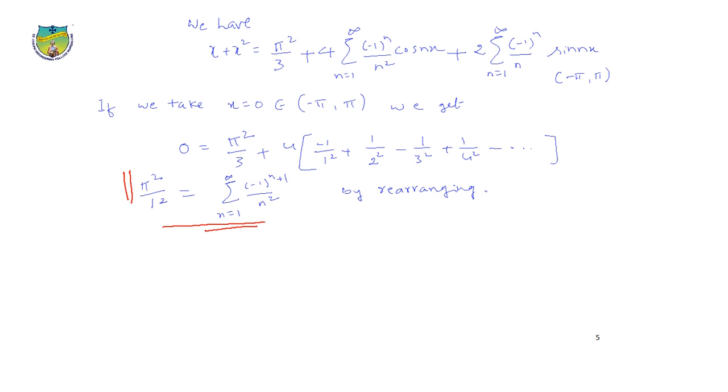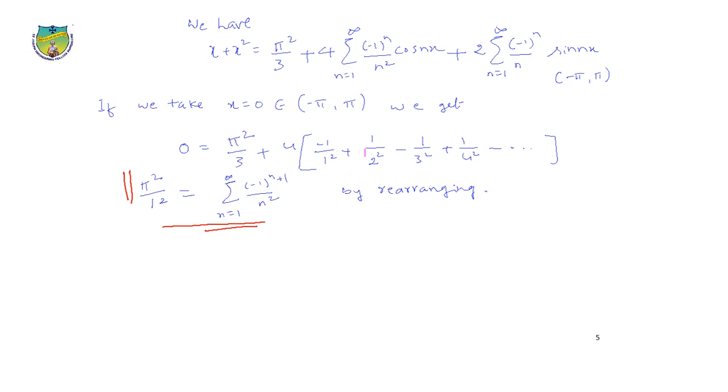For that, we have to substitute some value for x, and that value should be in the interval minus pi and pi. We can easily see that 0 is a point between minus pi and pi. So if you take 0 on either side of this equation, we get left hand side is 0 plus 0 square, pi square by 3, 4 times (-1)^n, cos 0 which is 1, sin 0 that is 0. So we get (-1)^n by n square here,